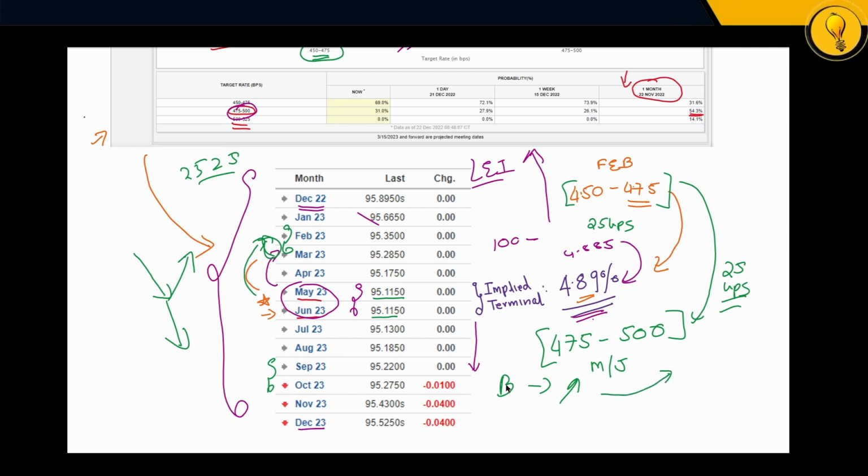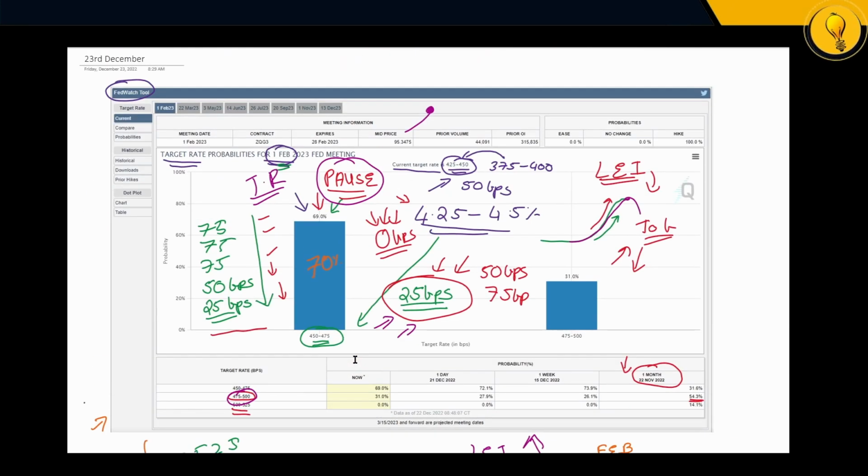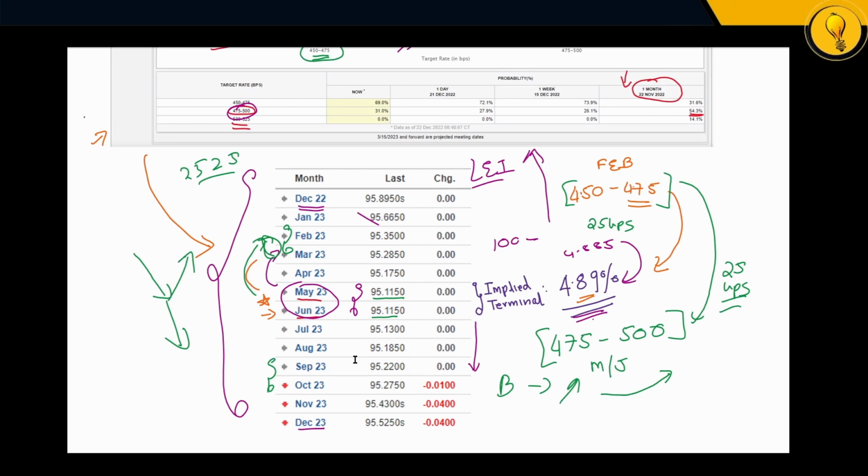And that actually allows us to segue really, really well into Bitcoin, because I do want to show you guys what I am noticing on the Bitcoin chart that happens literally only once every cycle. And this lines up with what we are seeing over here on the Fed Watch tool and the Fed Funds futures, that hey, in a month or so to come, couple of months, we are going to be seeing the bottom of this bear market. So with that, let's go ahead and switch on over to Bitcoin.